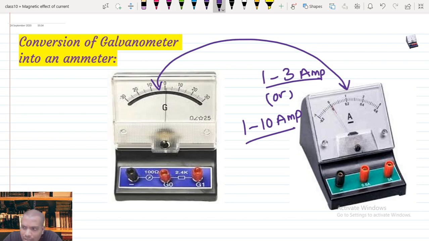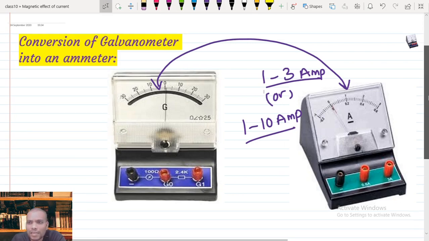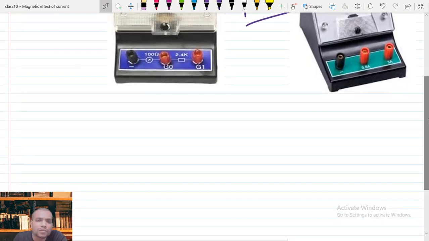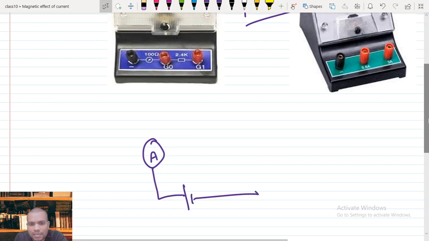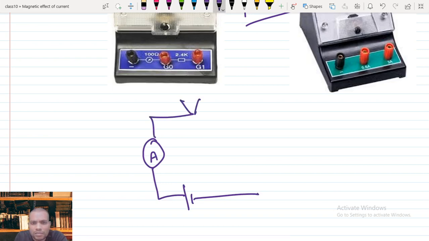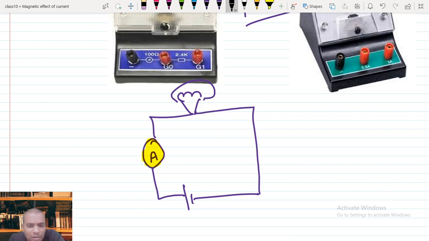And the second thing: for measuring currents, the galvanometer should be connected in series in the circuit. That is one of the very basic things when it comes to circuits. To measure current, an ammeter is always connected in series with whatever we want to measure. Suppose you want to measure the current in a bulb in the circuit, the ammeter is always connected in series. But when we connect the galvanometer in series,